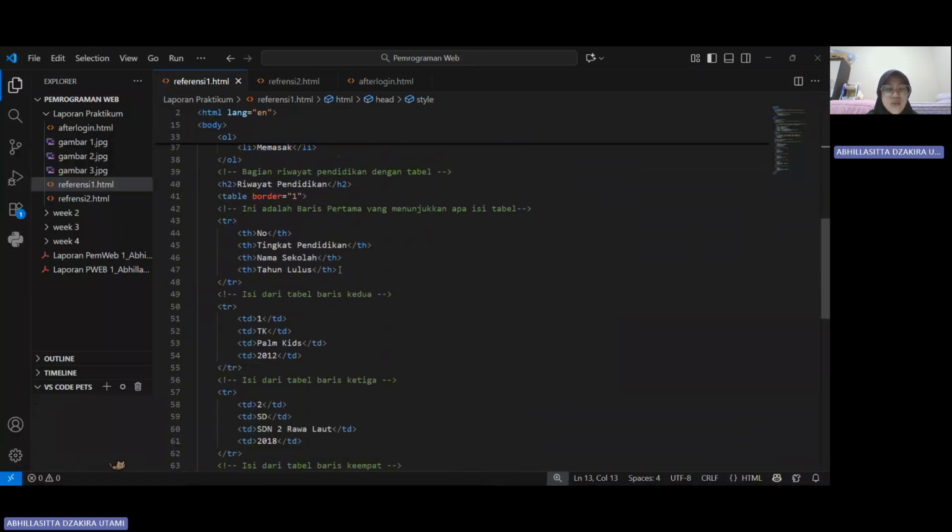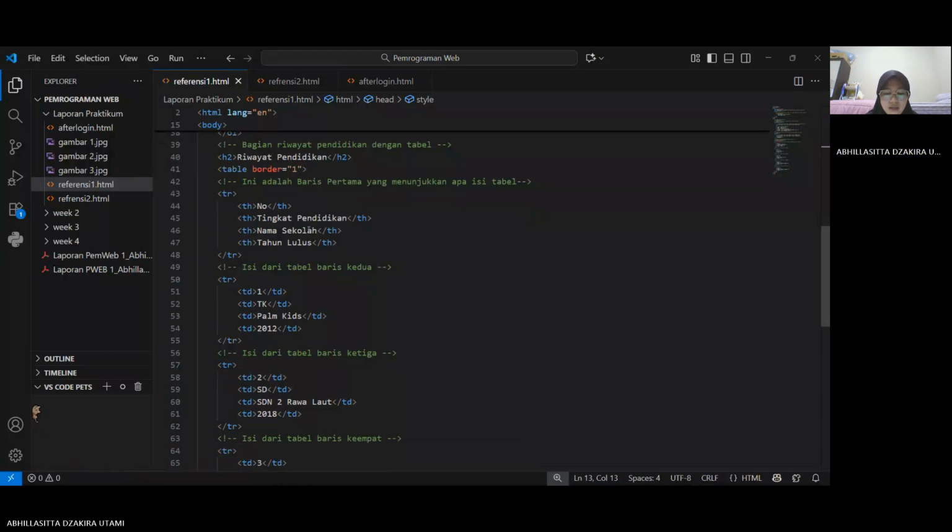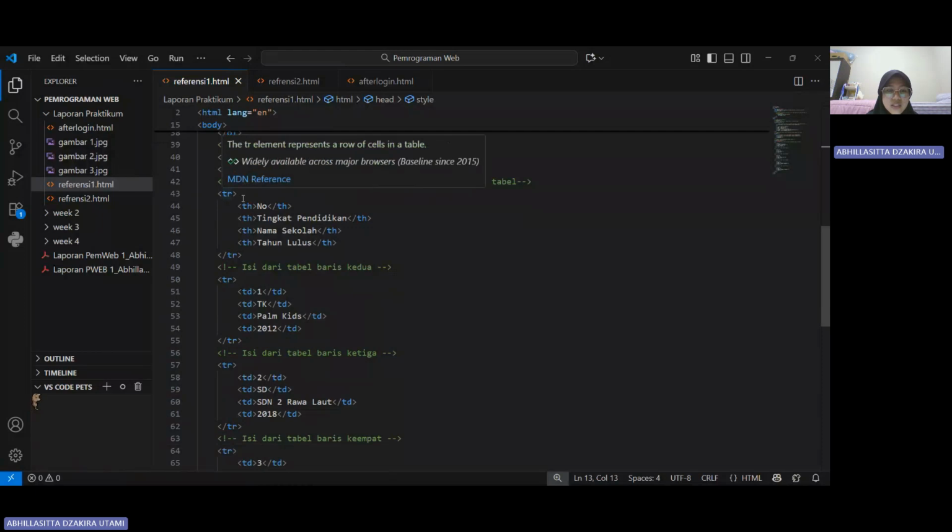Okay, after that, I want to make a table for my education history. I use heading 2 again to make a title, Riwayat Pendidikan. After that, I use the table tag with a border of 1 pixel. After that, I use the tr tag.